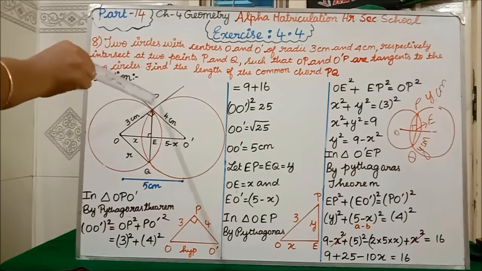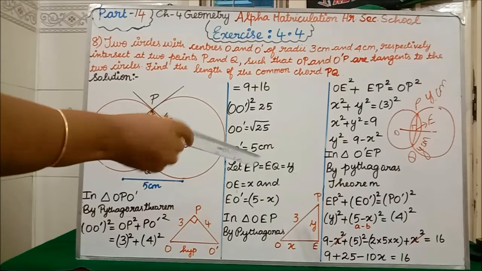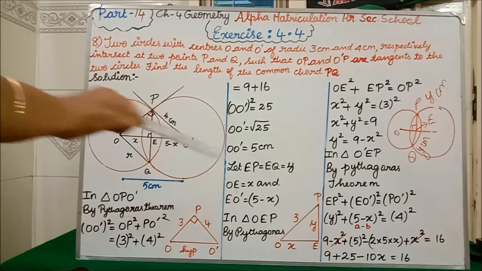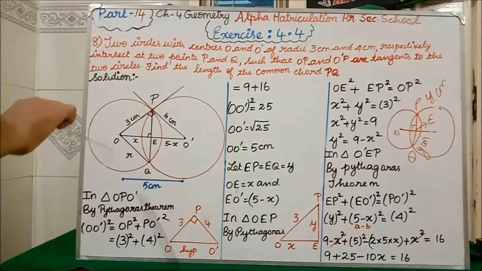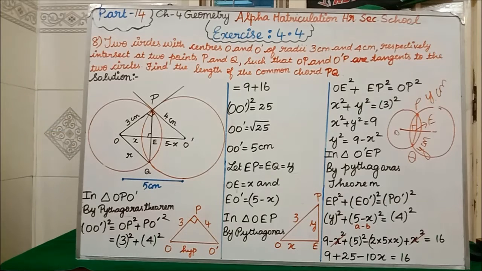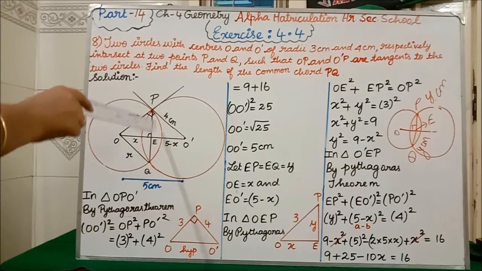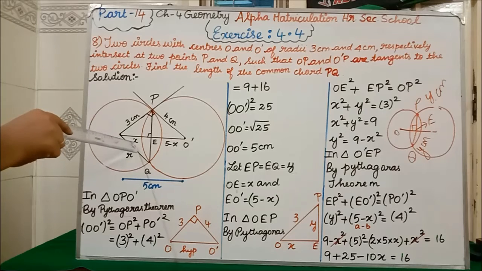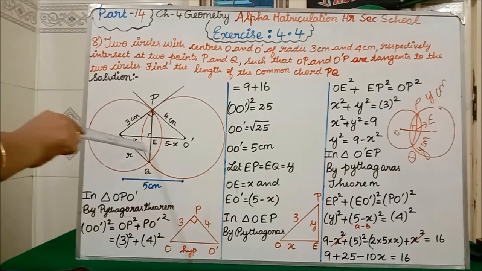So EP is equal to EQ is equal to, I don't know the value, so I am taking Y. Clear? Now I know O to O dash full length is X, I have taken, but I don't know the value of OE. This part length I don't know. We have to know why we are taking this part as X. First we are going to take triangle OPE, for that we have to know this side. So since we don't know OE side, we are taking that side as X.